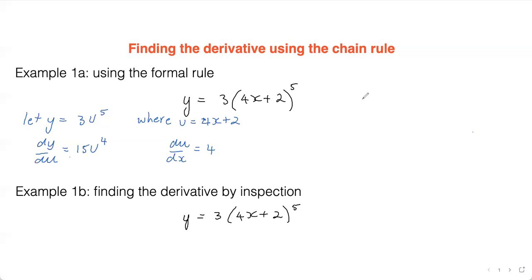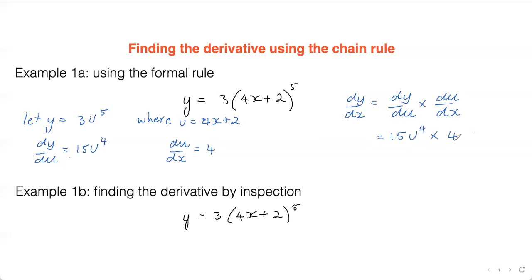Okay, so over here, this is where our rule, there's a couple of versions on your QCAA rule sheet, but this is probably the easiest one to work with and the most useful, I think. So we have the derivative of y with respect to x, because that's what our original function was, y in terms of x, is going to be equal to the derivative of y with respect to u. Now we've just found that over here. So we'll go 15 u to the 4 times derivative of u with respect to x,